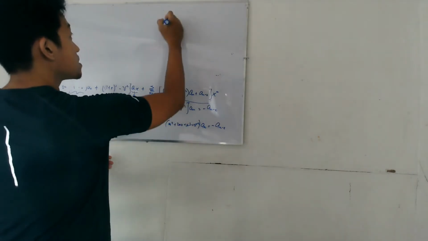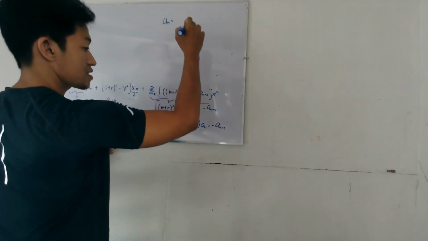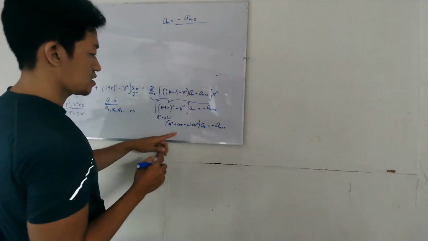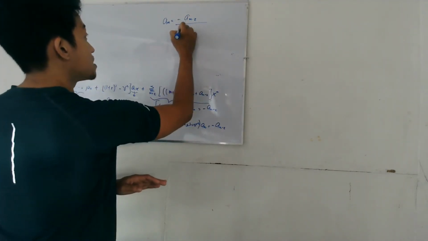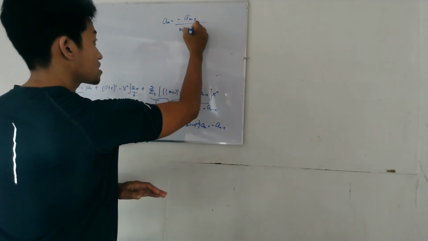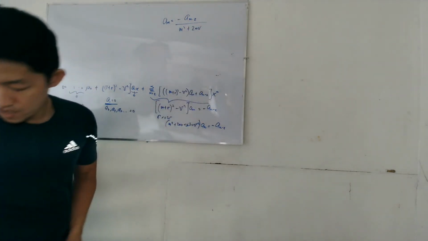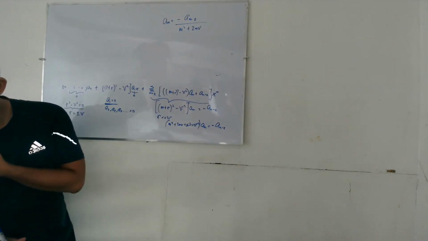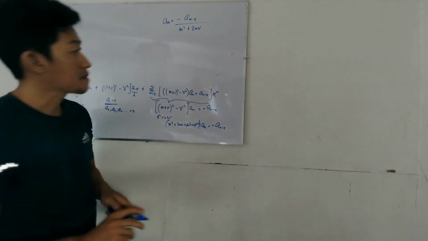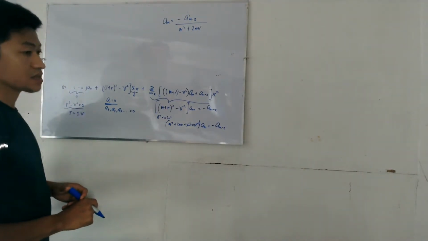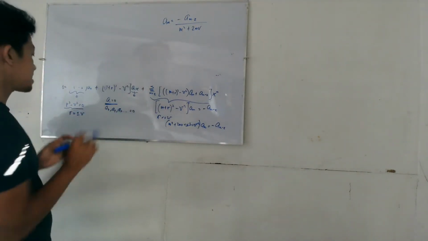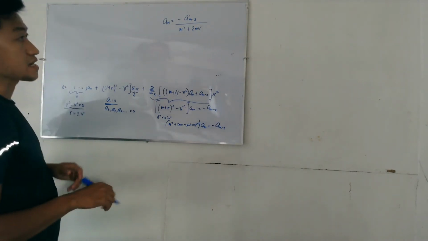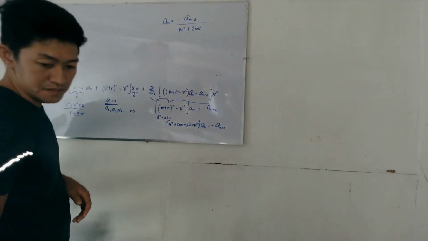Therefore, a sub m is negative a sub m minus 2 over m squared plus 2mb. Right? Okay. So, these are the coefficients. Okay? So, you have